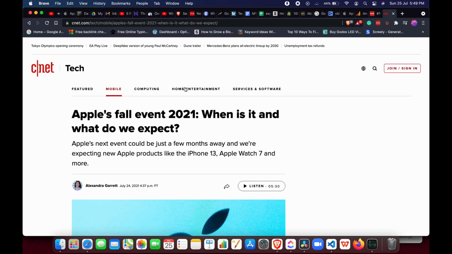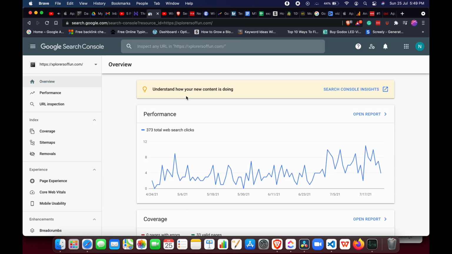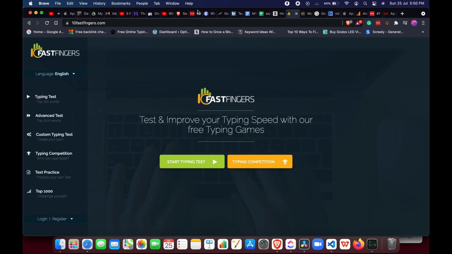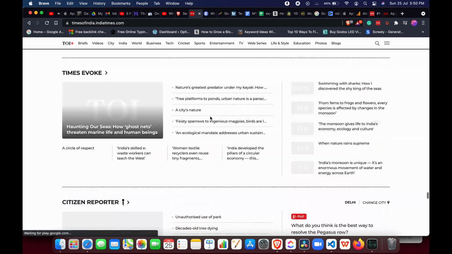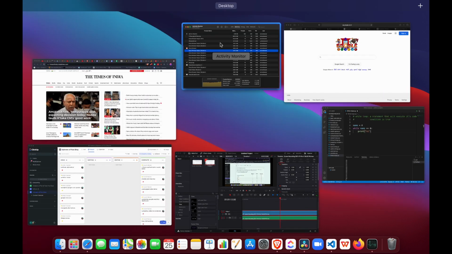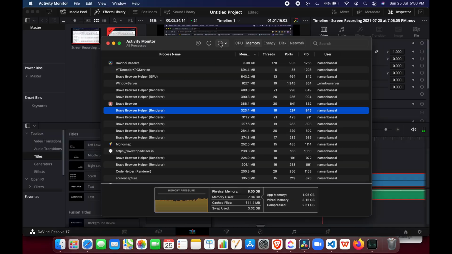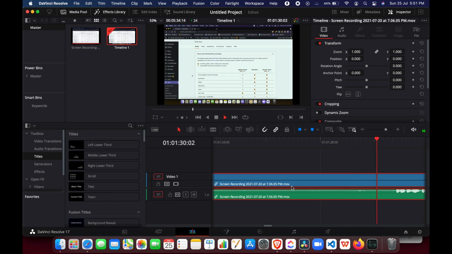And now if we go to our web browser and check the performance over there, now I can feel that it is a bit slower, but it's still very nice. If we just go to Times of India and scroll through here, then the scrolling is also really nice. There are no lags, no hiccups. Now let's check activity monitor and see what the RAM usage is. So as you can see, the swap usage is now really high at 3.3 gigabytes and the memory usage is also quite high at 7.34 gigabytes. But still, everything is working really smoothly.